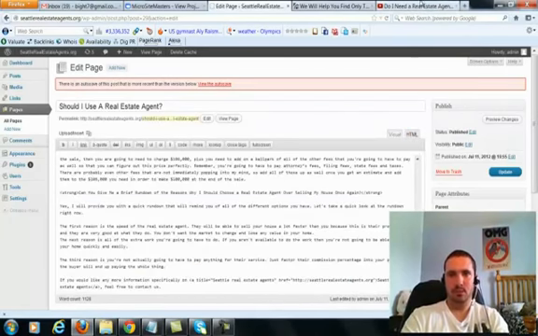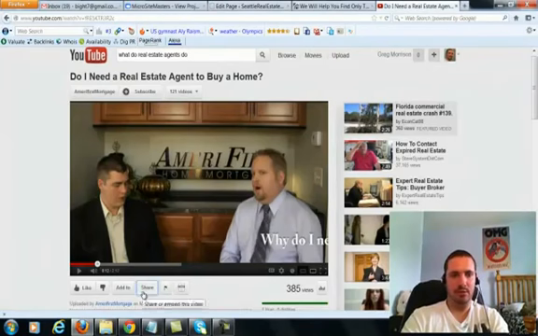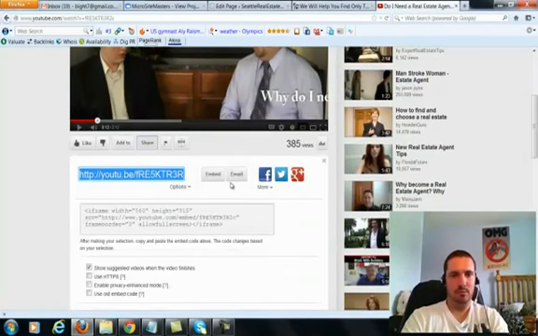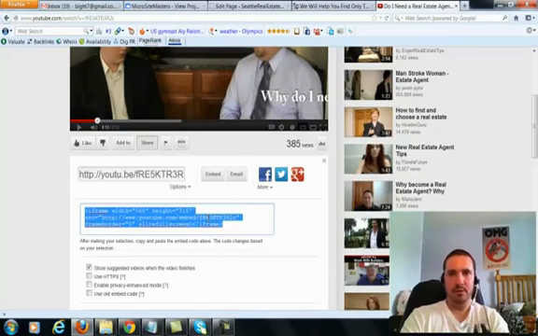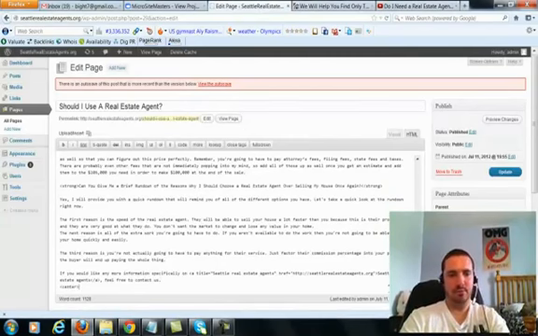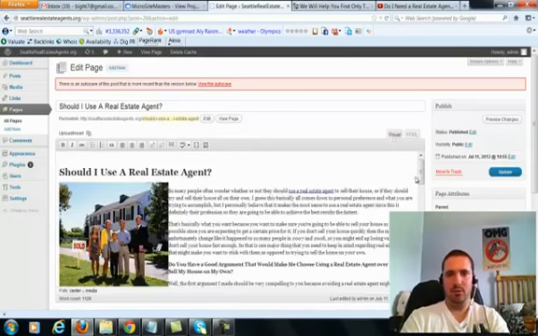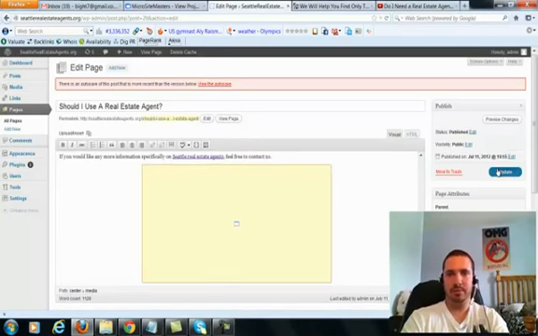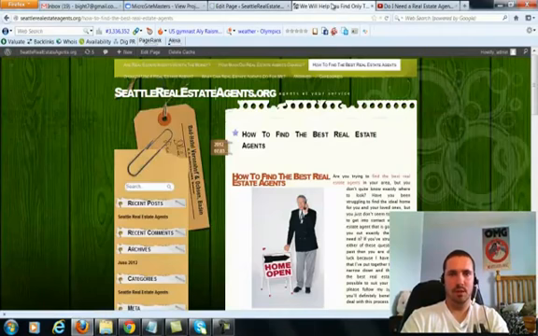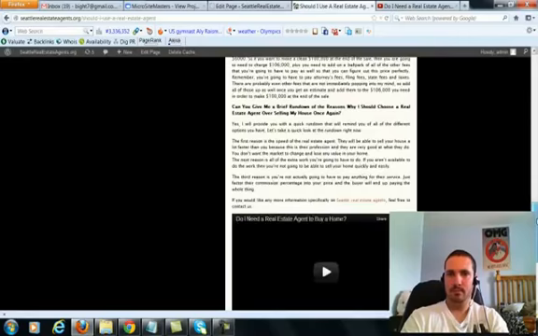Did I copy that embed code? I didn't. So let's go to share. Oh, I did copy it. Embed. And we'll scroll down to the bottom. Center. Paste. And the center code. And we'll go to our visual. Looks good. We'll update. And then we'll click on it in here and make sure it looks good. And it does.